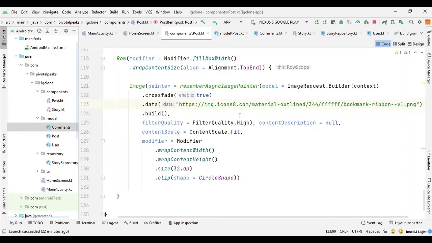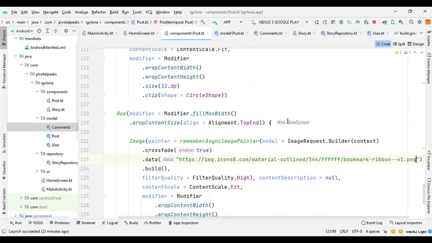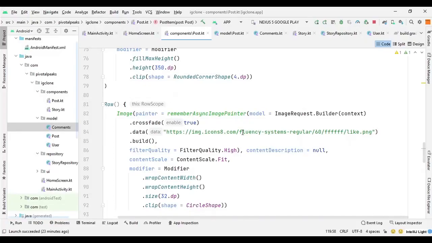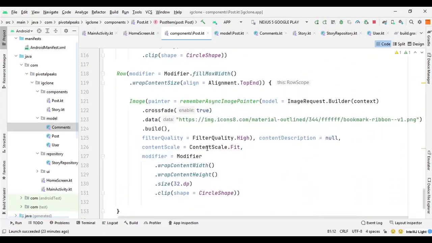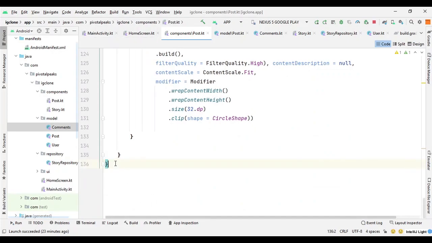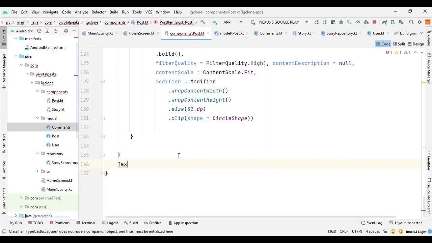So after this we need to display the amount of likes. So after this row, no, not after this row, after this row, yes, after this row. That does not look right. Okay, fine. So after this row we can create a text, and no, not type cost, exception text.